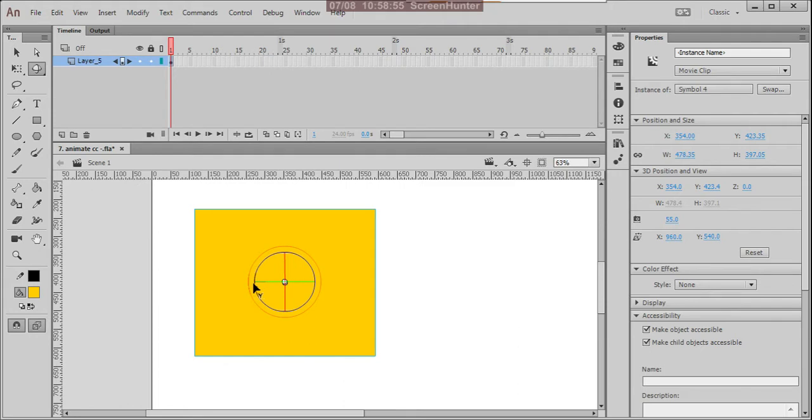If I click on the y-axis, you are turning your object in the y-axis. And there is the x-axis, you can rotate this.